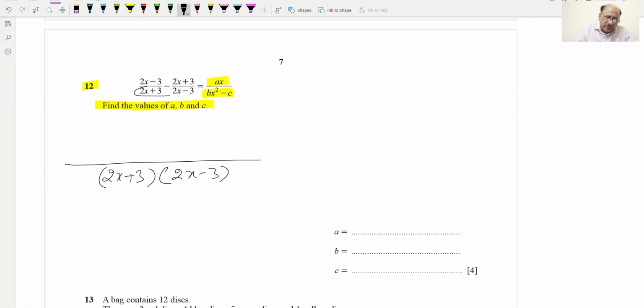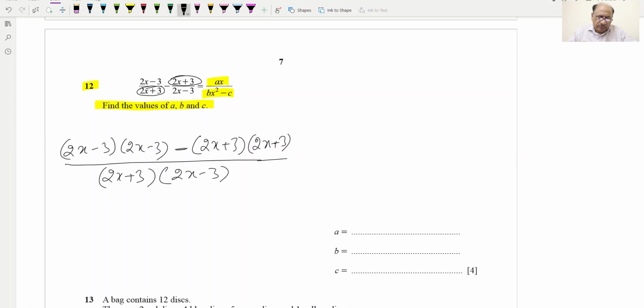We are writing these two things over here, and then we will be writing this one numerator and this denominator over here. So it will be 2x minus 3 into 2x minus 3, and then the middle sign, which is this one, we will copy here, and after that we will be writing this denominator and this numerator over here. So it will be 2x plus 3 into 2x plus 3,